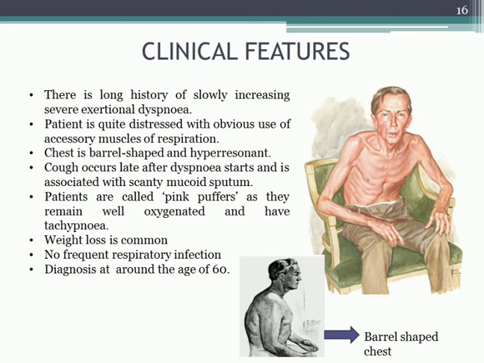Diagnosis will be at around the age of 60, because as I told you, there are types of emphysema, right? In pan-acinar or centri-acinar, which are very common, the alveolar wall damage happens and the clinical features appear very late. Even though the patient may be smoking from the age of 20 or 25 and slowly develops dyspnea, the exact features of emphysema develop only at the age of 60. That is the main problem in emphysema. So the diagnosis will be late.